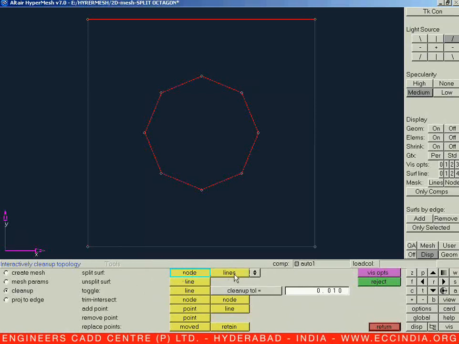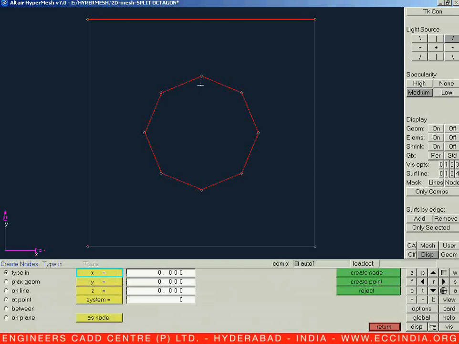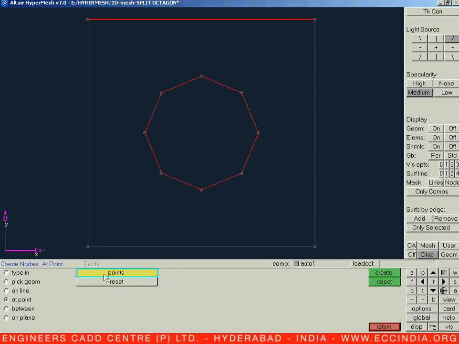and now we can see we can split our surface with the help of nodes and lines. So let us create the temporary nodes on your screen with the help of F8 command. So let us go for F8, and now in the F8 we can see we are needing the splittings of this particular geometry in a point-wise manner. So we need to create nodes exactly on the points. So let us go for create a node at point, and then use your shift button and select these particular node locations to create the nodes, and let us say create.